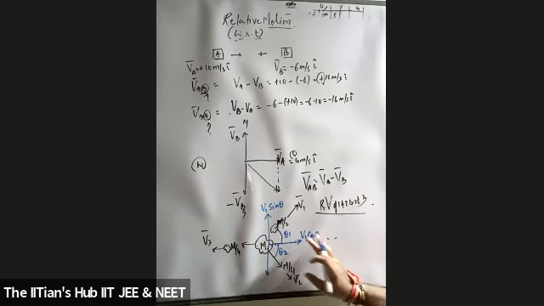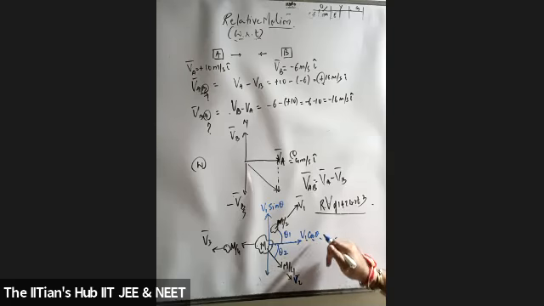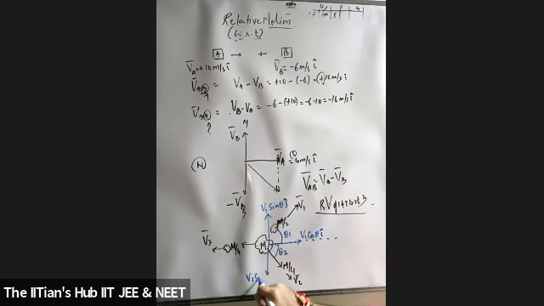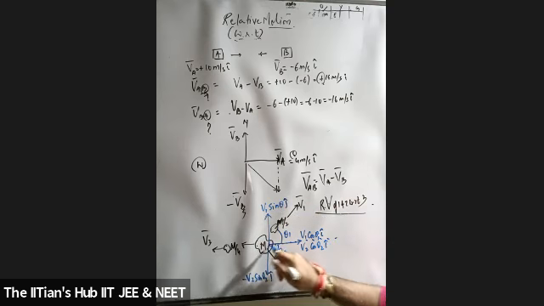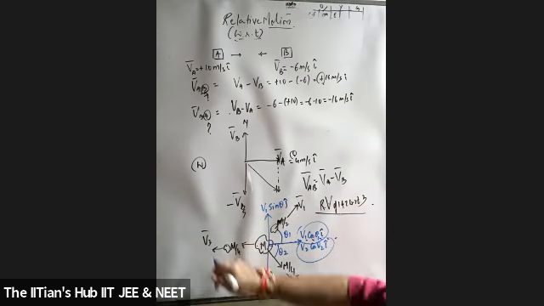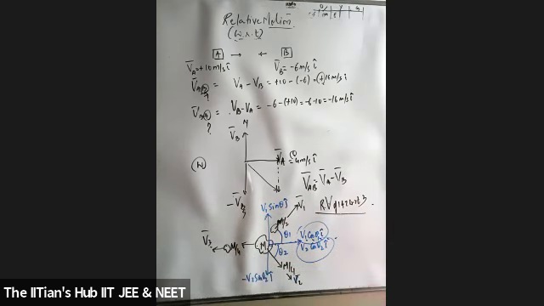If I want to write it as a vector, how do I write it? V1 cos theta1 i cap. Agreed? This will be j cap. Can I write this as V2 sin theta2 j cap with a minus sign because it's along the negative axis. And here it will be V2 cos theta2 i cap. Now can you tell me what is the total velocity of both the fragments? Can I say it is the addition of these two? And what is the velocity on the side of 3? It's v3. Along which axis do we consider it? Negative x.